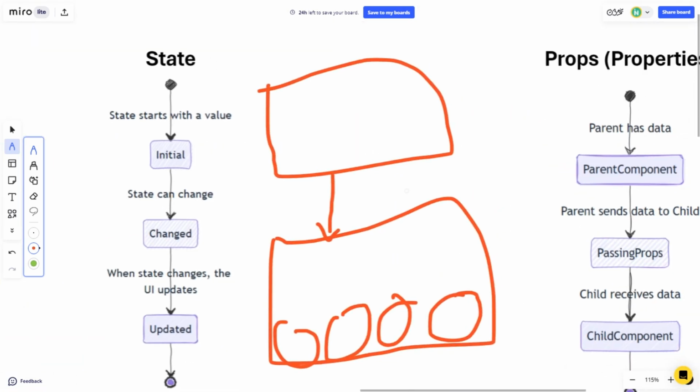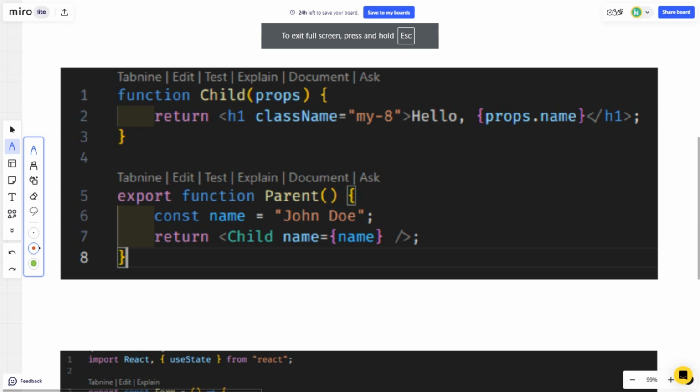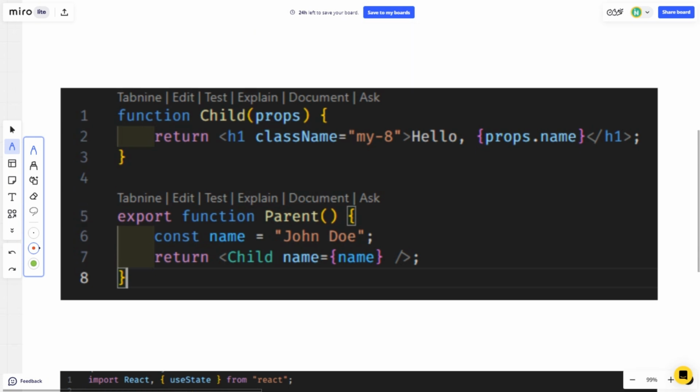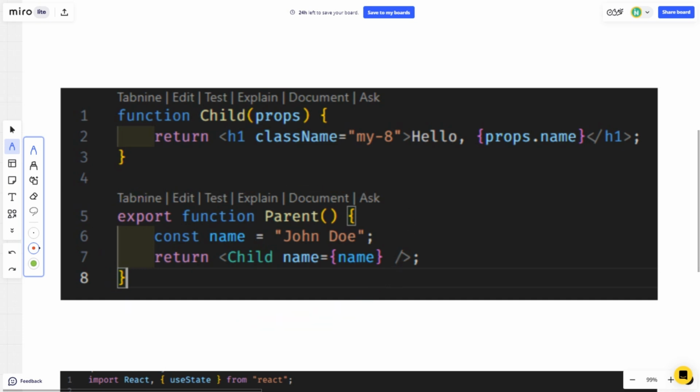Let's see an example. As you can see, this is the parent component and it has some properties. It has a name that is being passed to this child component. The child component is accepting props as an argument in the function.